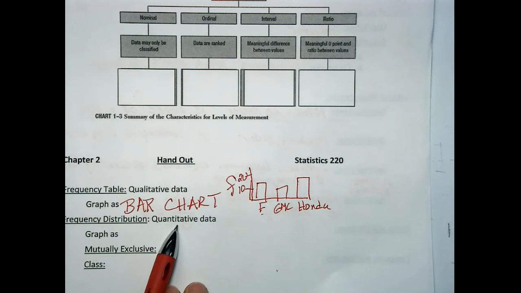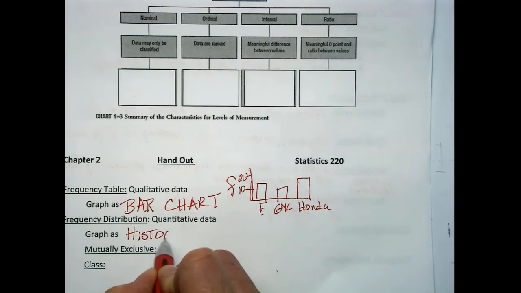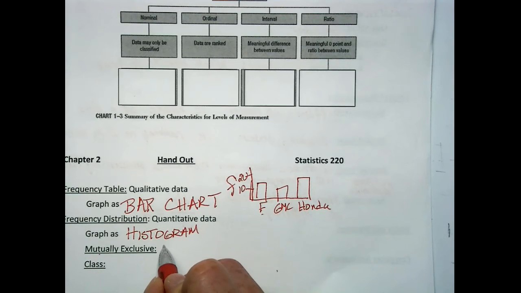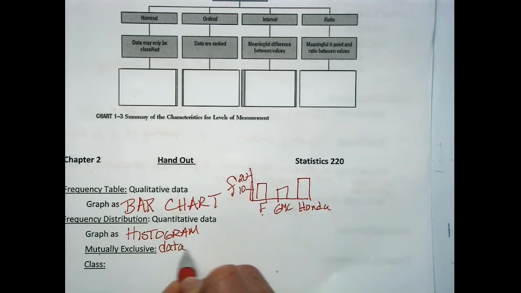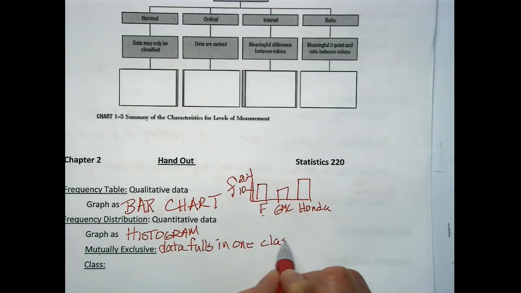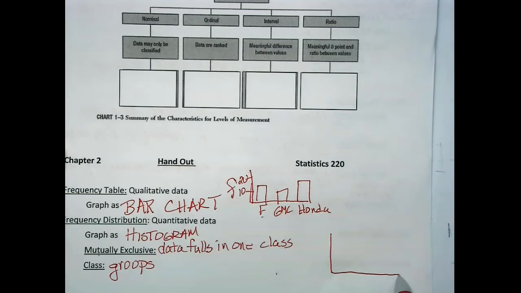Quantitative or numeric data is graphed as a histogram. Mutually exclusive data falls in one class, and classes are the groups. I have a video that discusses histograms further, but a histogram